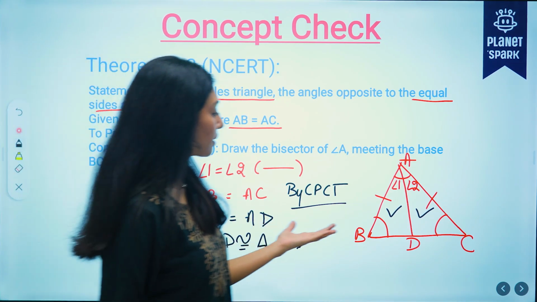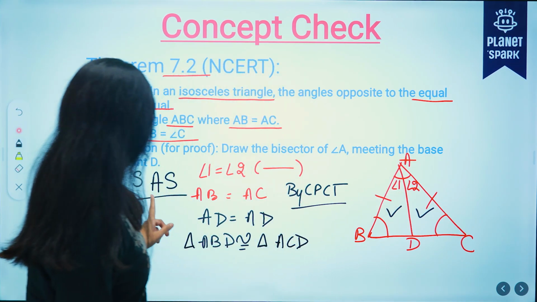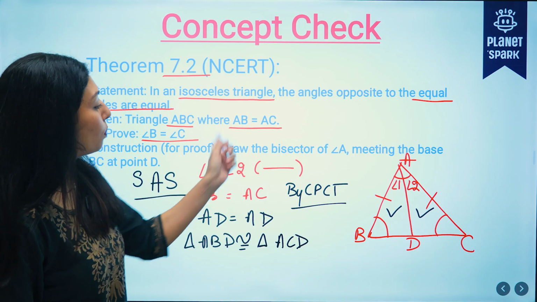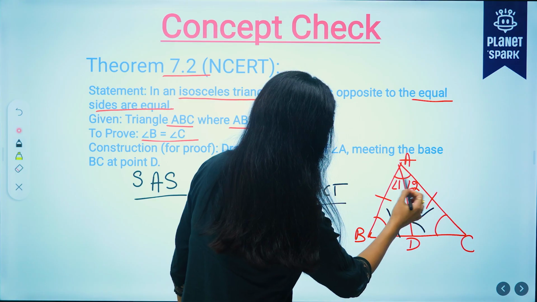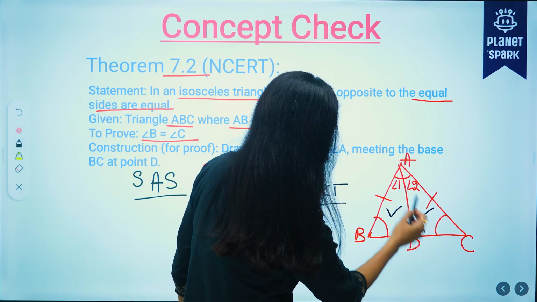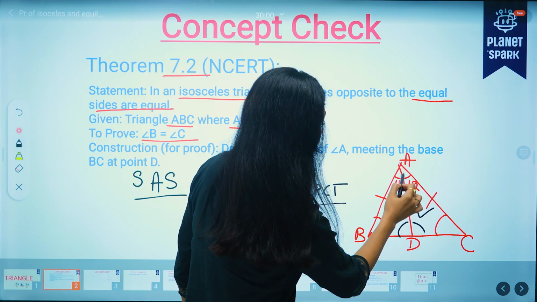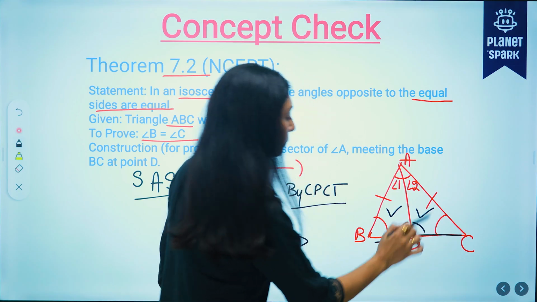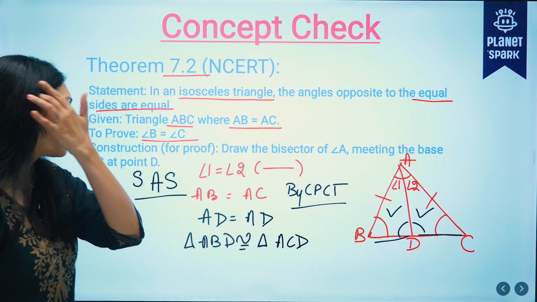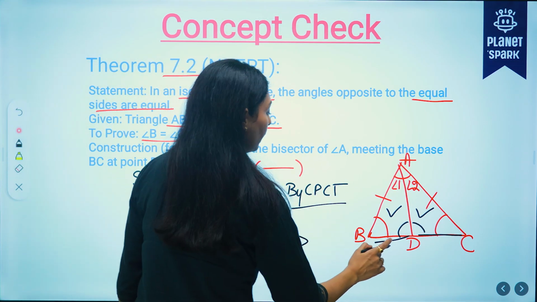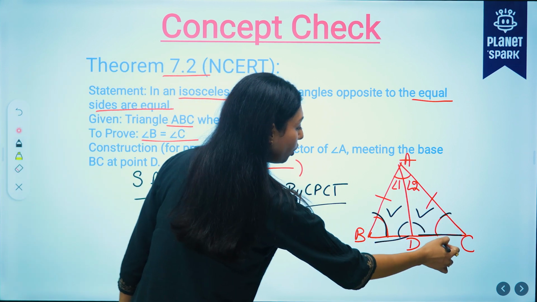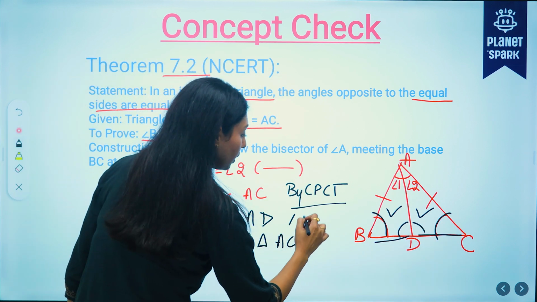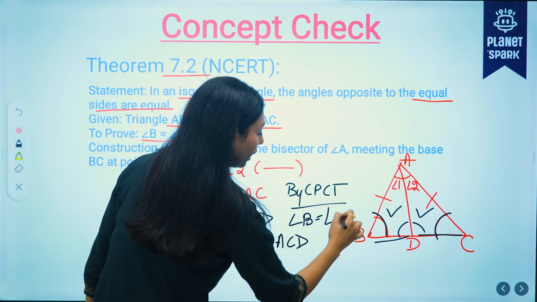Rest parts क्या है हमारे पास? Yes, we have two sides and one angle. तो बाकी बचे दो angles. These angles and yes, these two are equal. Yeah, these two angles are there and the two sides, right? These two sides are equal. And another pair is also given to us. Okay, so we can say by CPCT we have these angles are also equal. So by CPCT we can write angle B is equal to angle C.